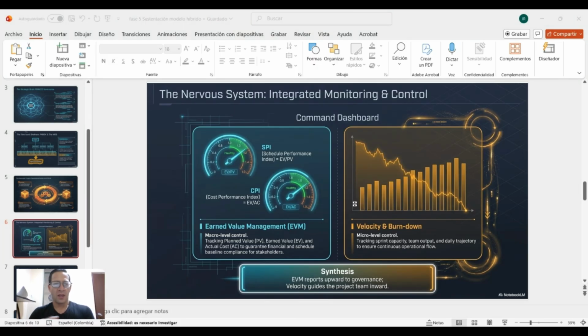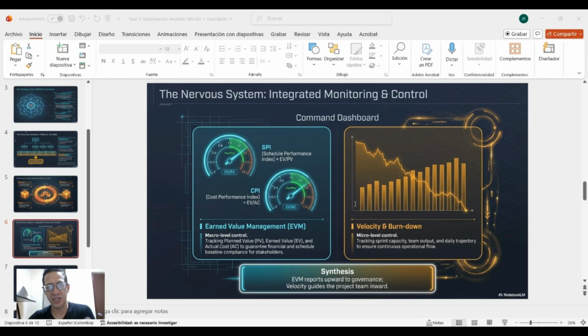The hybrid model is used because engineering projects currently require both control and adaptability to constant change. Traditional methodologies provide organization, documentation, and detailed monitoring. However, they can become rigid in dynamic environments. On the other hand, Scrum allows teams to respond quickly to change and improve collaboration through continuous delivery and constant communication. For this reason, combining both approaches